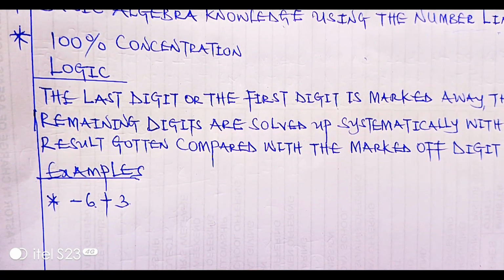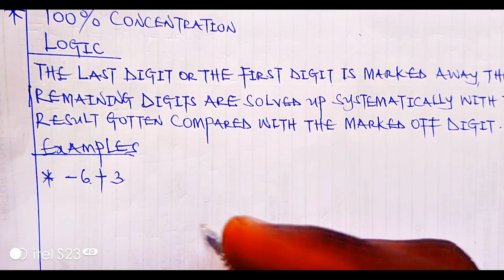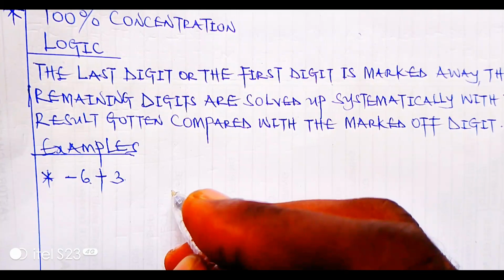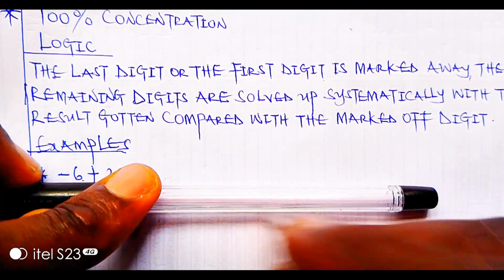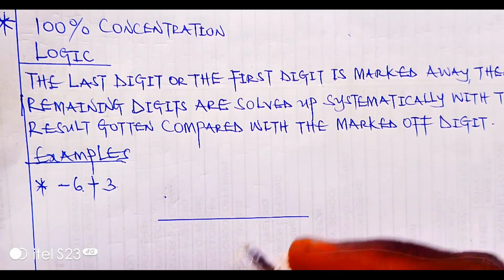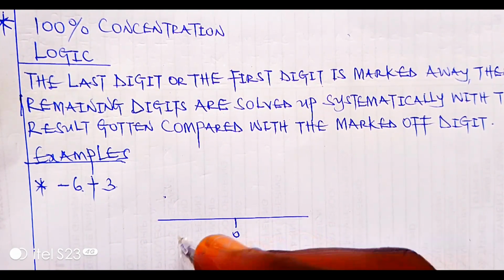So according to the number line, let's say here we have 0,